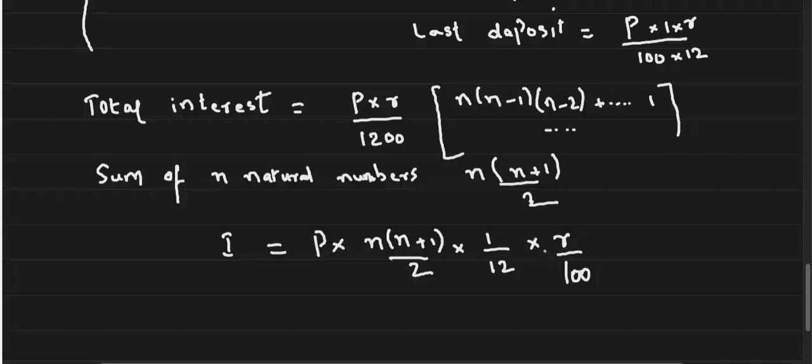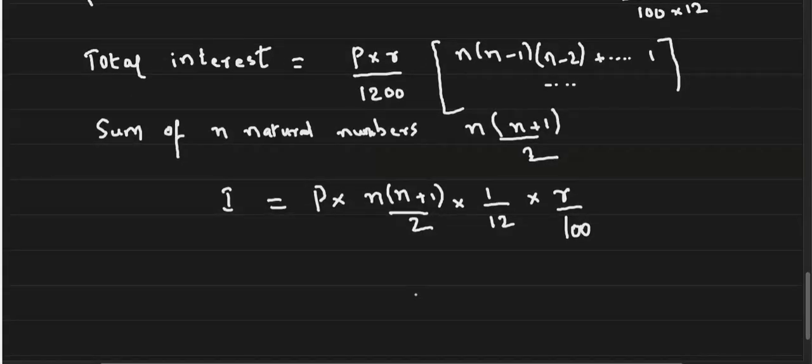Why am I writing like this? Because it is PR by 2, 2 is here and our 12 into 100 already was there. So here what happens, why am I writing like this? So the maturity, this is the formula that you need to write in, whatever way you like. However, the total maturity value